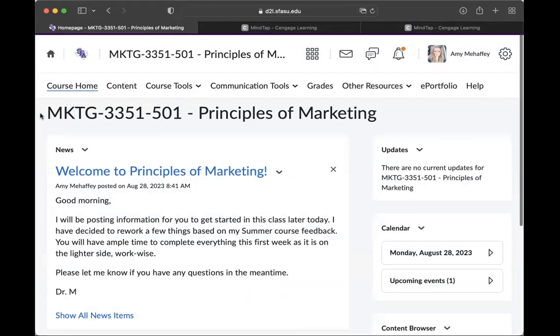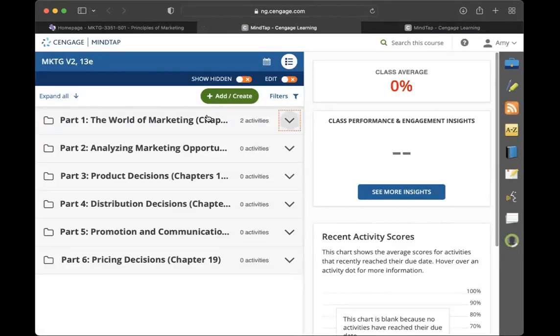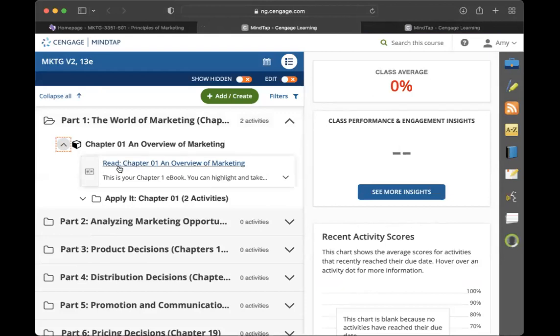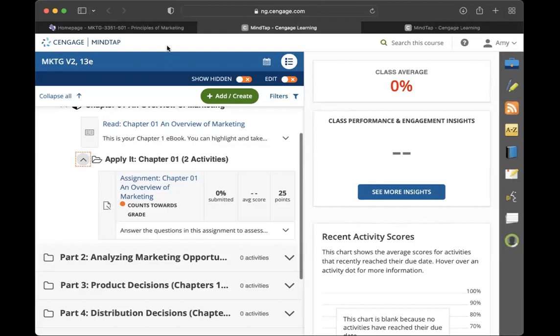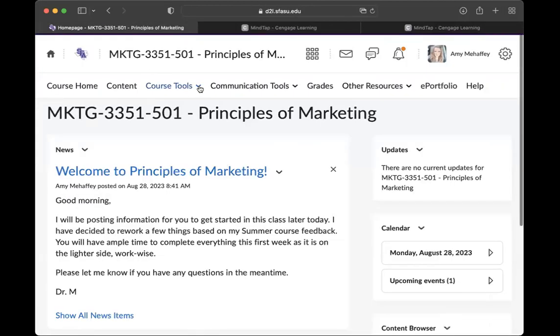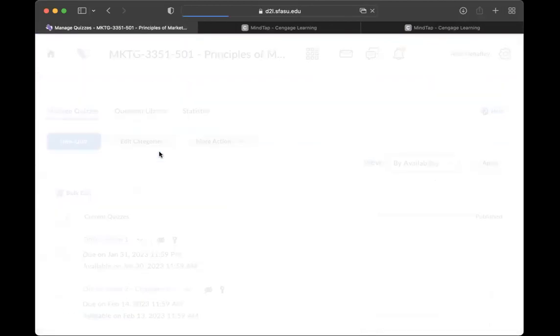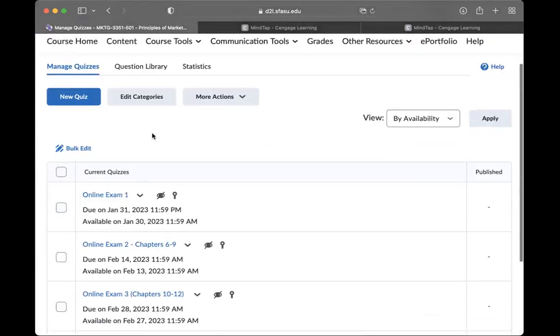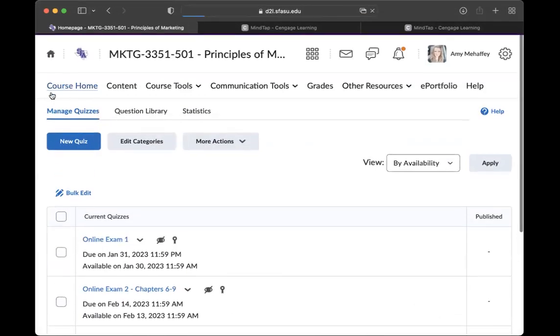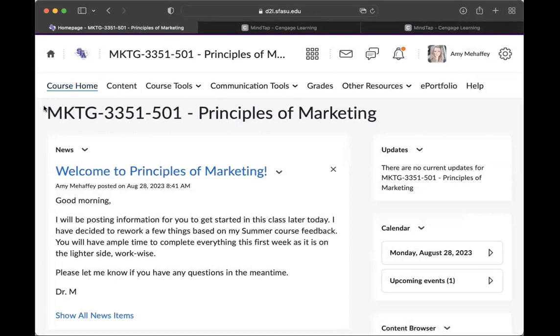This will be a good class for you. I really try to keep things practical and keep things easy to learn. The MindTap is really great. They have an ebook in each chapter that you'll see, and a quiz that can help keep you fresh. When we start to look at exams, those are all given through the quizzes section right here in D2L. They all have various forms of questions. I quiz you over, or test you over each module, and then we move on to the next one.